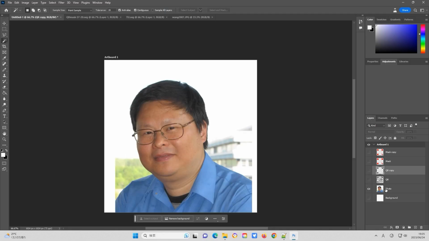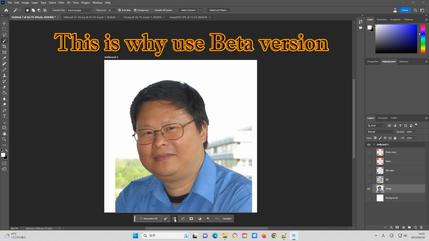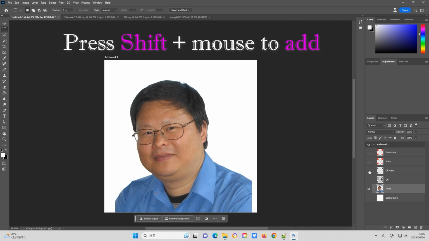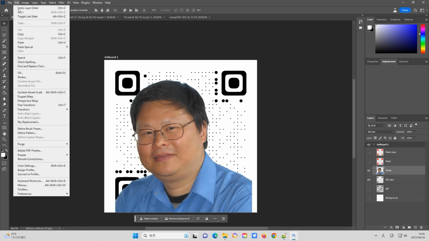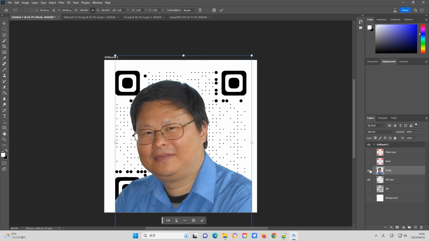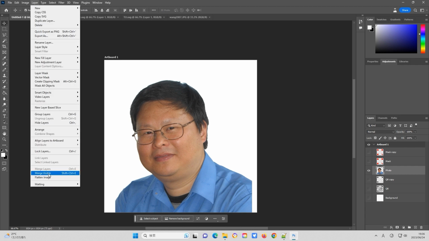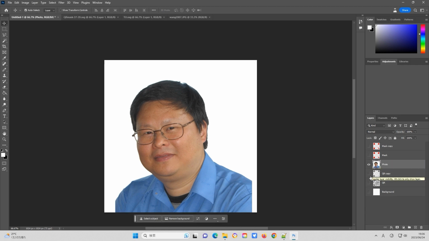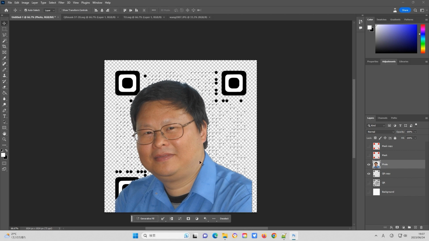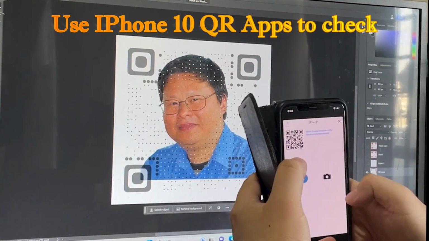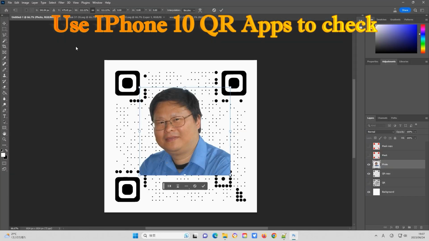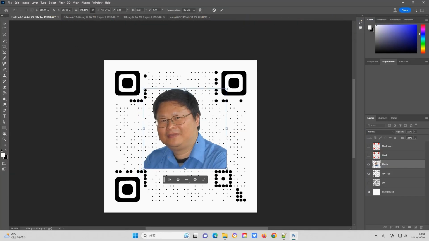Option 1. On the photo layer, select the subject. If you are unsatisfied with the AI selected area, you can press Shift and drag the mouse to add, or press Alt and drag the mouse to remove areas. Then invert the selection to include an empty area or background, and remove the entire background. Place the photo layer above the modified QR layer, and adjust the size until the QR code reader app recognizes the correct information. Save the image as Photo 1.